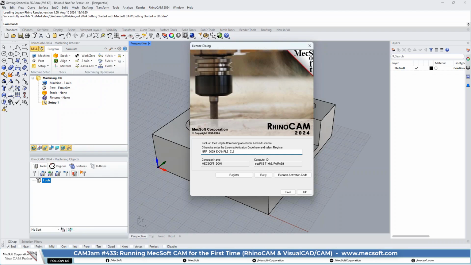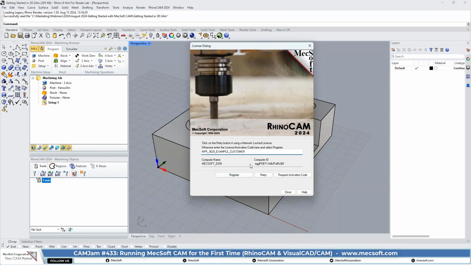So what Don is doing is typing in the license code. We highly recommend not doing that. The license code will be sent to you by email, so just copy and paste that. Yeah, I guess it's okay. Go ahead, Don. Okay, so let's just register this.